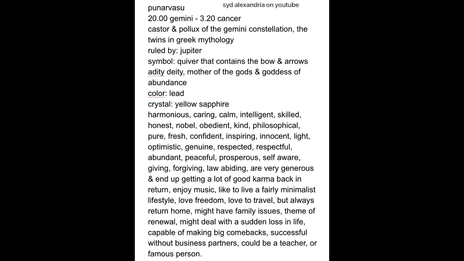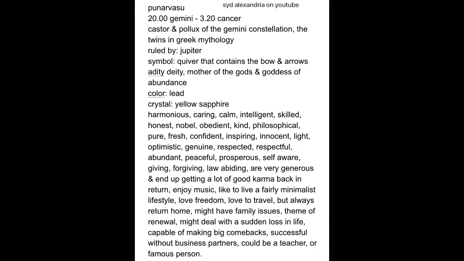Punarvasu is from 20 degrees of Gemini to 3 degrees 20 minutes of Cancer. Its stars are Castor and Pollux in the Gemini constellation, 2 stars for them, the Gemini twins, and its symbol is the bow and arrow carrier. If you want to read more about Punarvasu, you can, but I'm going to tell you that they are harmonious,